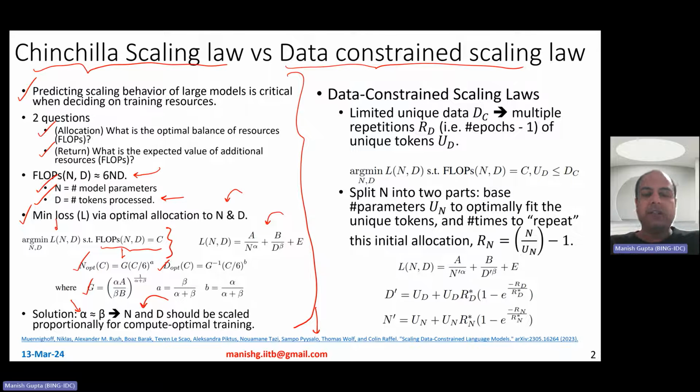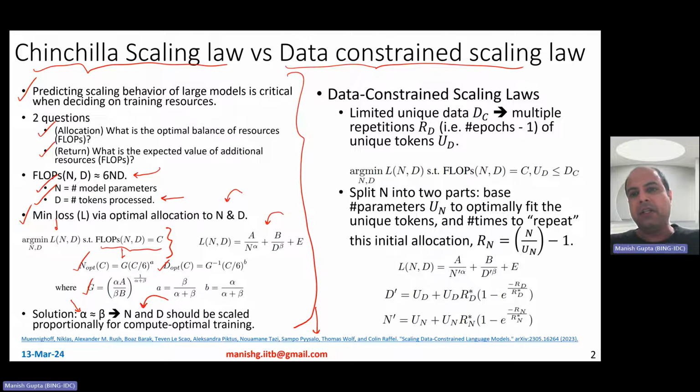Which basically meant that to be able to train models which are highly accurate, where the loss is super low, you would want to get pre-training data which is crazy large, maybe as large as the internet. And we are reaching that limit. There is only a limited amount of training data. And if you think about multilingual models, training a model on Hindi, clearly you do not have lots of training data available. So therefore, what you need to do is to repeat that data. You need to do several epochs over the same pre-training data.